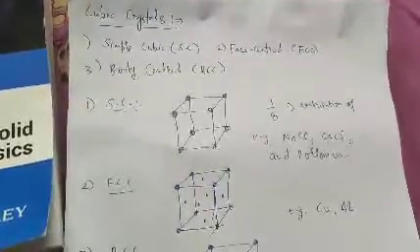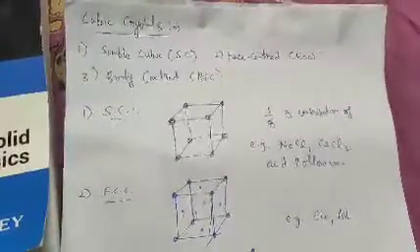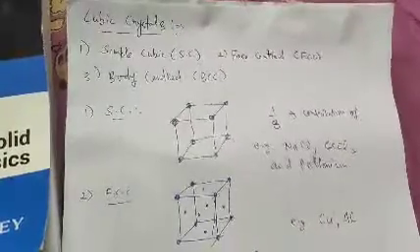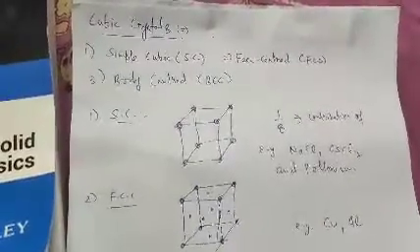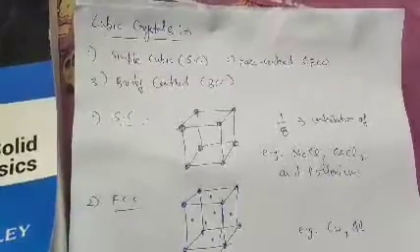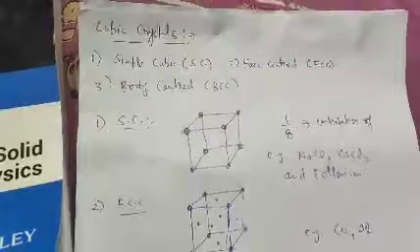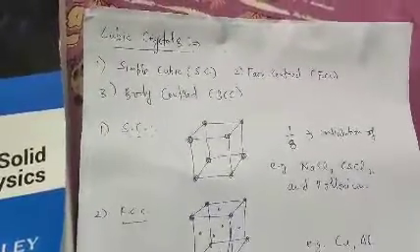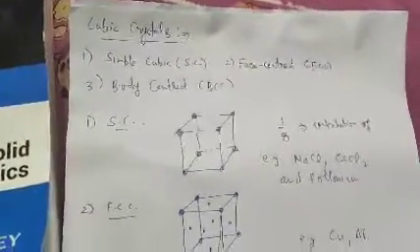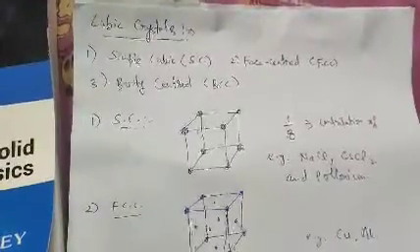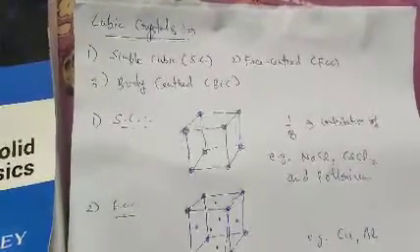Morning. Today we are going to discuss the cubic crystals. As in the previous lectures we have discussed, there are various kinds of lattice systems. Those lattices may be in 2 dimensions or 3 dimensions. These systems are known as the Bravais lattice system. There are 14 kinds of lattice in the Bravais lattice system in 3 dimensions.